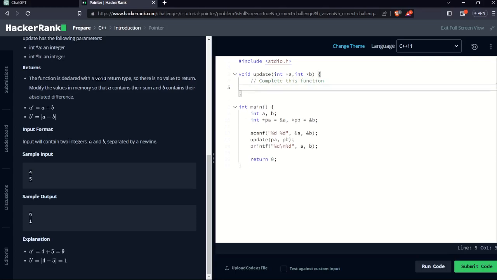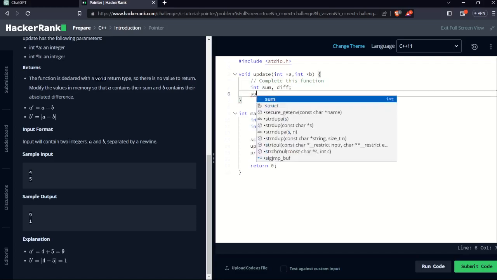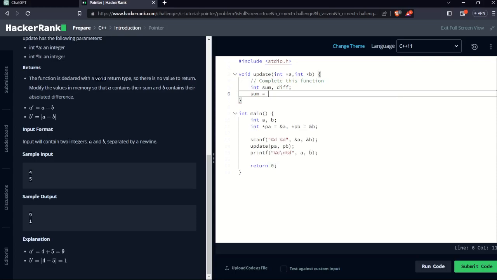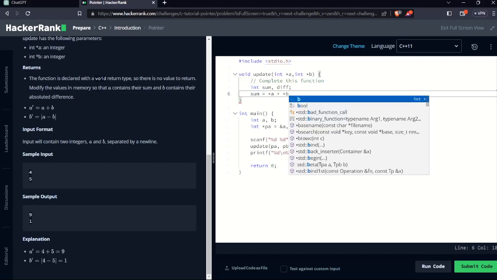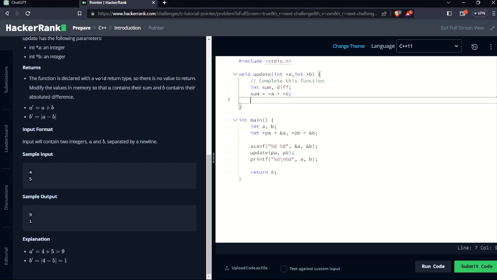So we have to do it. It is given as a pointer over here. So we need to add those. Let me take sum and difference. So sum will be star a plus star b, and the difference will be